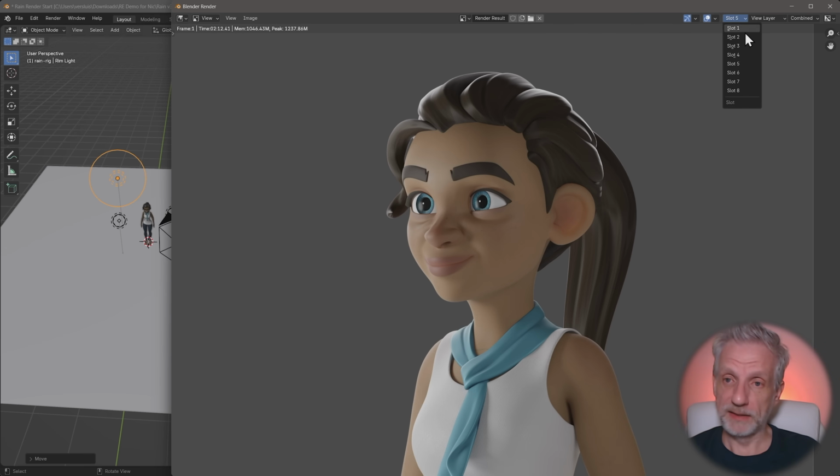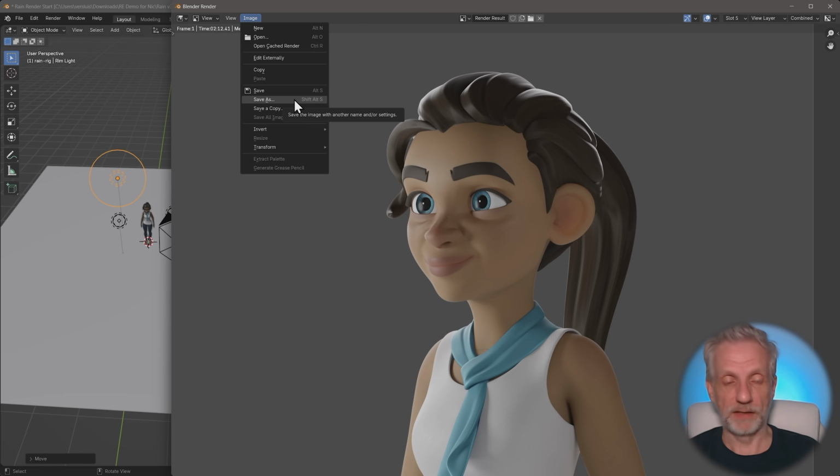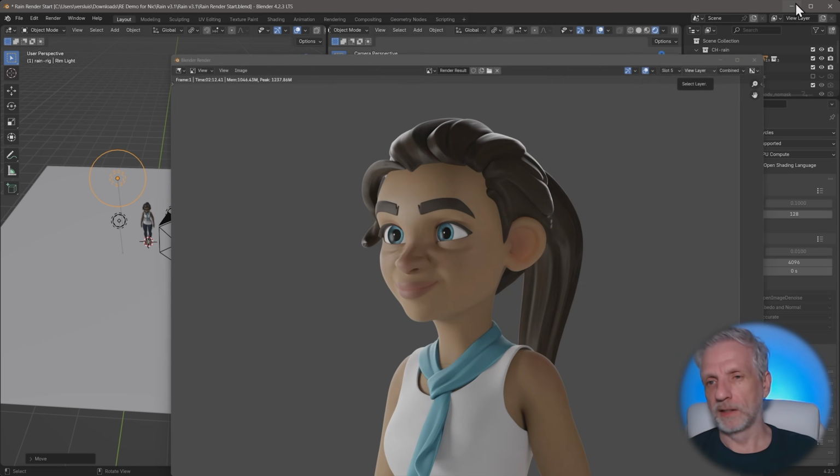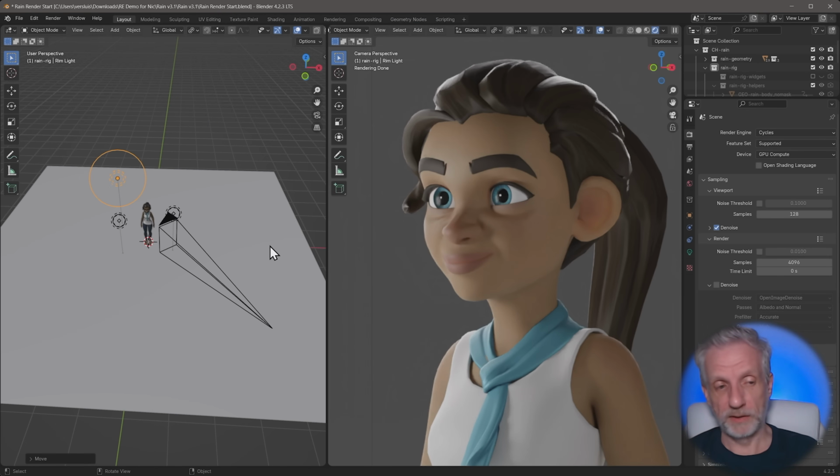Now you can go and compare these things to your heart's content and see which render setting you need for your final draft. And then once you're done, you can go and hit image and save as. So to recap then, and I know these were a lot of steps,